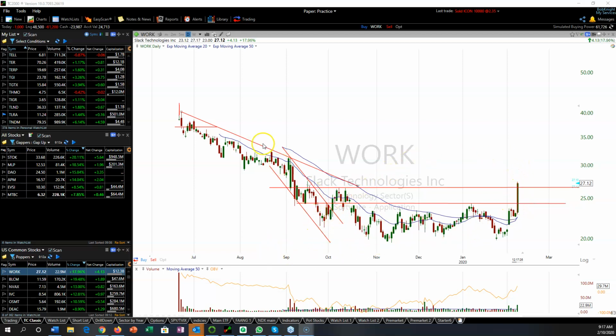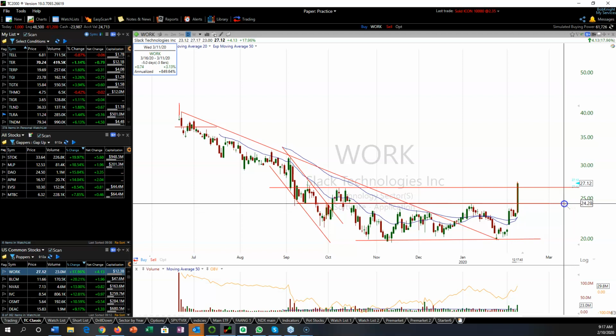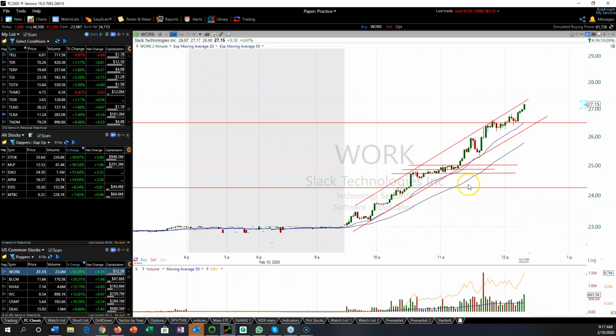I was watching it. It did break through this big long declining tops line, and built this big basing pattern for the past 4 months. This was the resistance area for it at 24 and a quarter. When it popped through that this morning, I put on a swing trade at a range between 24.50 and 24.75 entry on it. But let me just clear the lines out of here